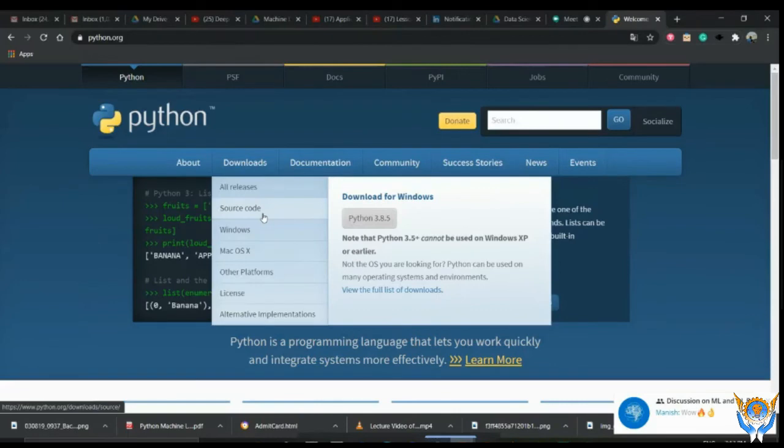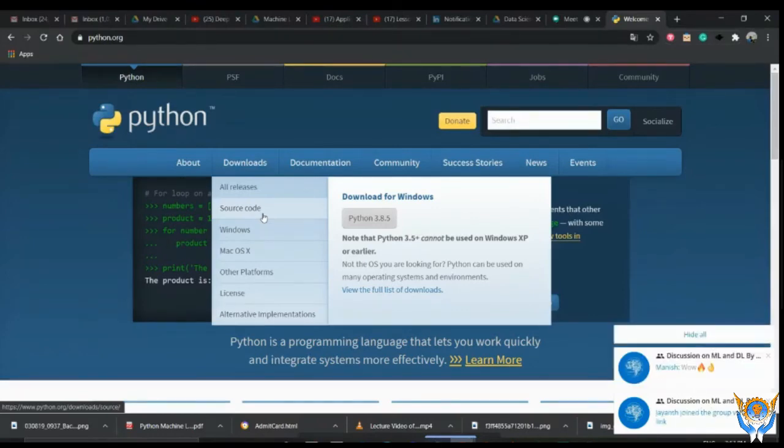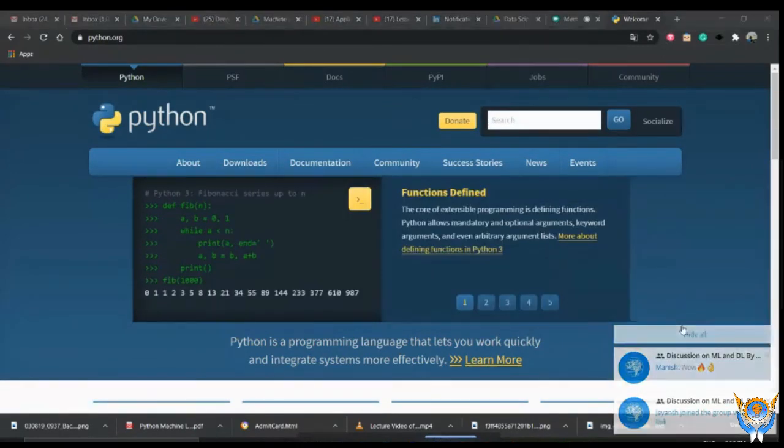Any version of 3.7 or 3.6.9 is good, because 3.8.5 is the latest version and there are many features which are not available in it. So I recommend you to download 3.6.9 or any version of 3.7.